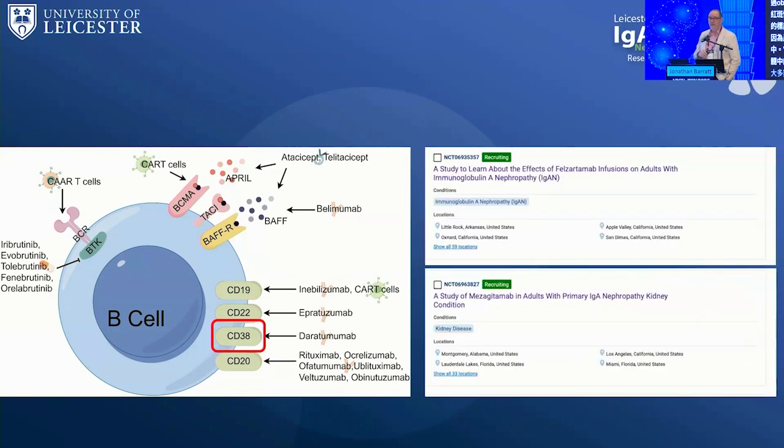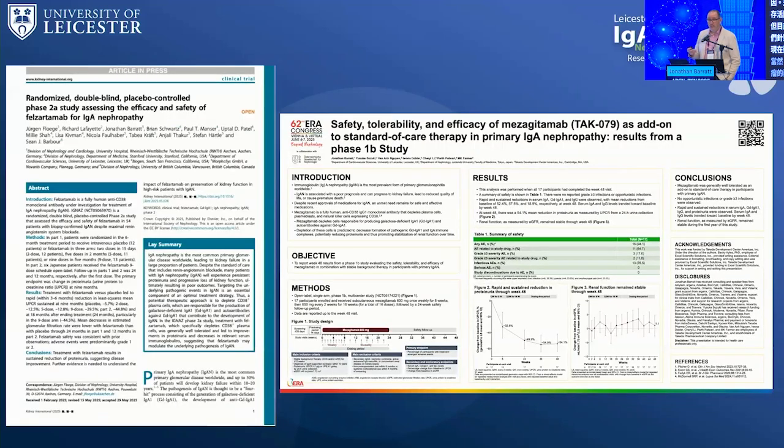But there are two monoclonal antibodies currently being evaluated in phase 3, and these target CD38, which is present on B cells, but much more expressed on plasma cells. And of course, daratumumab, a drug that is commonly used to treat myeloma, is a CD38 depleter. And here we have two CD38 depleters, felzartamab and mezagitamab, that are currently in phase 3 clinical trials. We have early data in IgA nephropathy, so the phase 2 data for the IGNAS study has been published. And here's data I presented at the ERA conference earlier this year for mezagitamab,